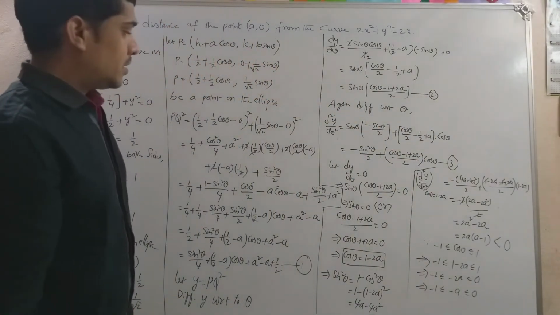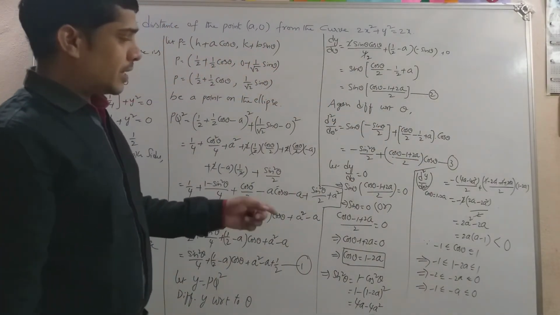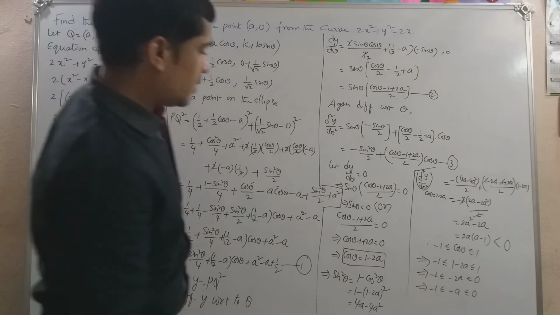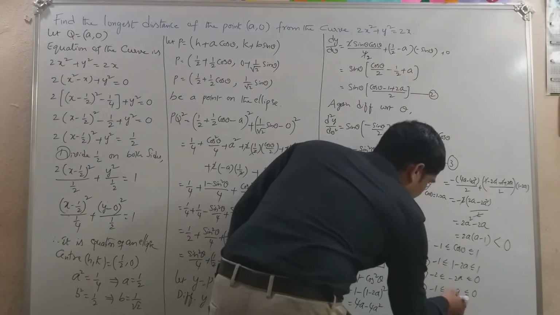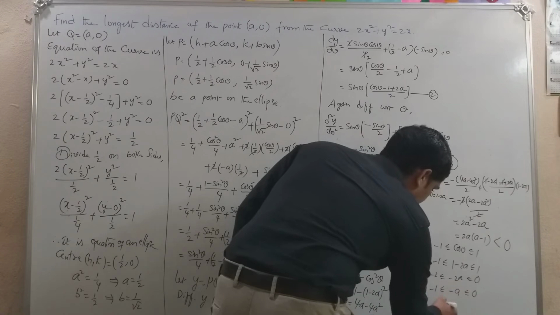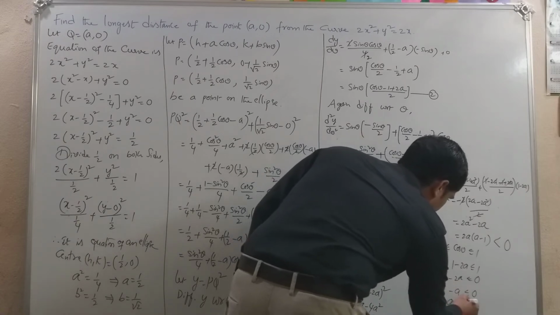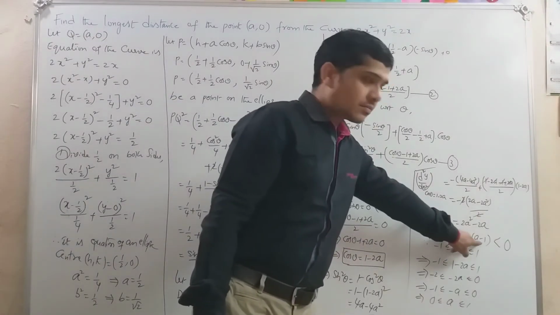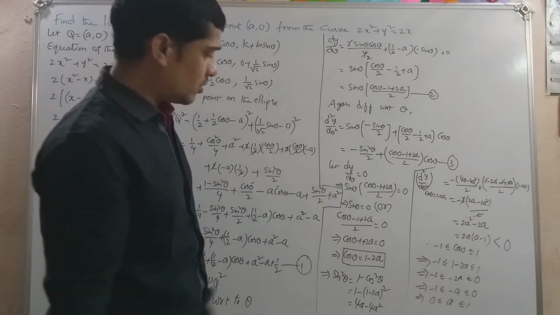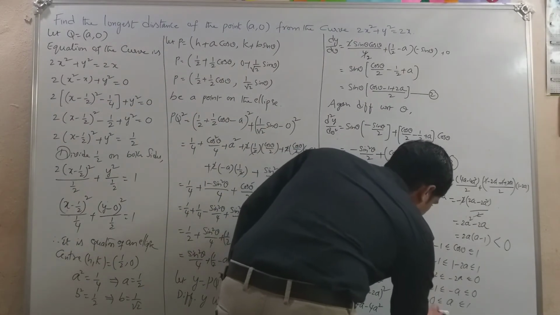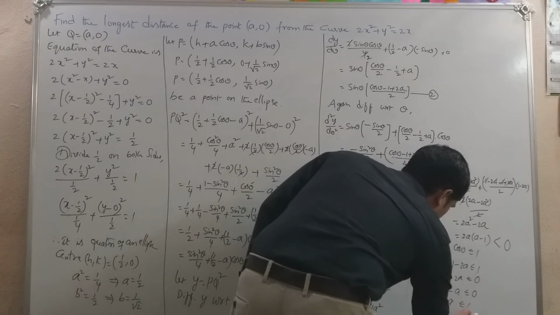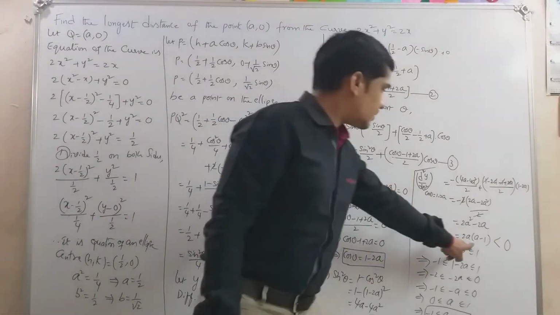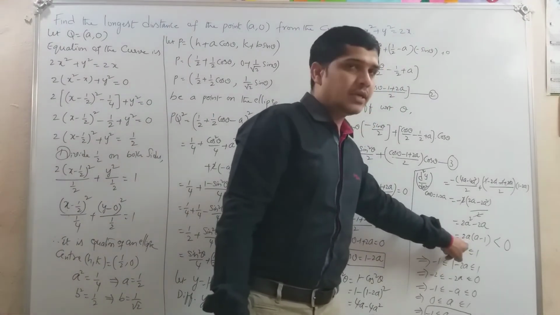But I want the a value. So let me multiply by minus sign. Because I want a minus 1, multiplying by minus, I'll get 0 less than or equal to a less than or equal to 1. Now I want a minus 1, so let me subtract 1 throughout the inequality. So you will get minus 1 less than or equal to a minus 1 less than or equal to 0. Means here a minus 1 is negative. Whenever a minus 1 is negative, then negative into 2a is also negative.